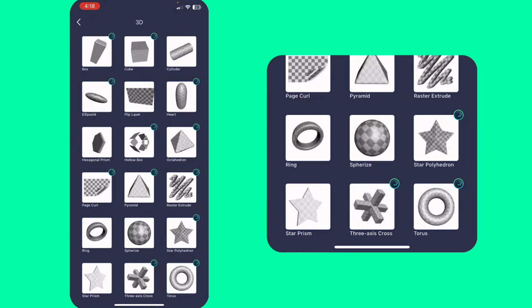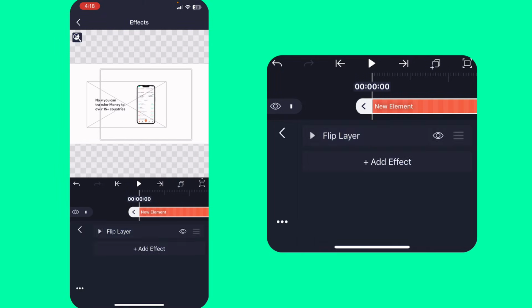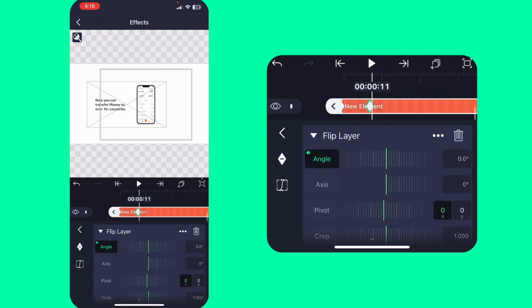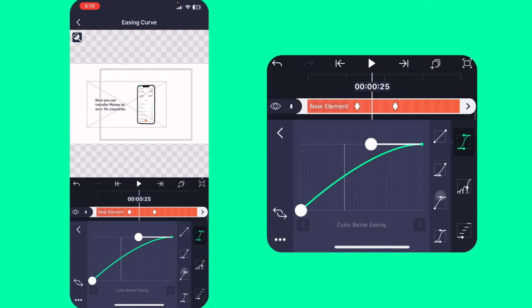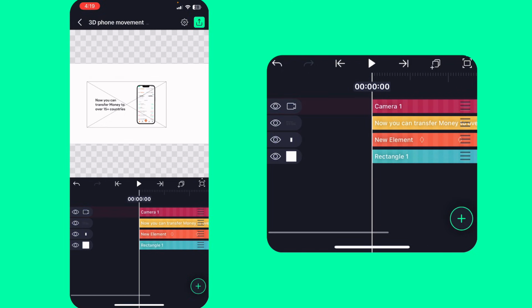on 2D flip layer. So I use this one to make it turn. Can you see? Turn like this. So just add the keyframe here, and do it this way. Can you see? So like this. Just add easing curve. Okay, like this. Then